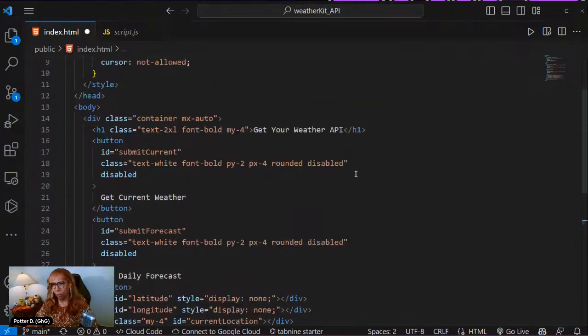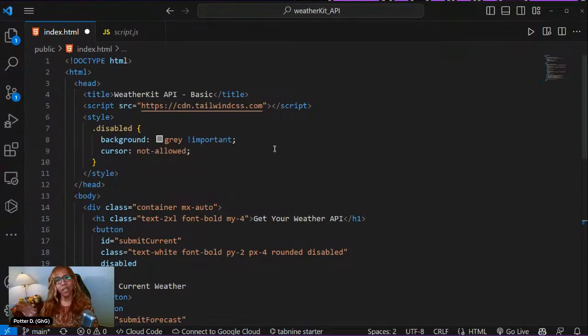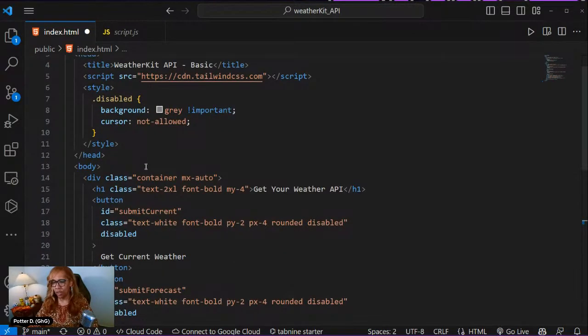So what I have here is your simple, basic web page. The thing that I felt you want to do is get familiar with Tailwind. It just makes everything look better. As you can see, I didn't create a separate style sheet, because when I first went into it, it hadn't loaded any location data, even if you put it in default. So I decided to gray out the buttons until it had data. So this is the code to just submit it.